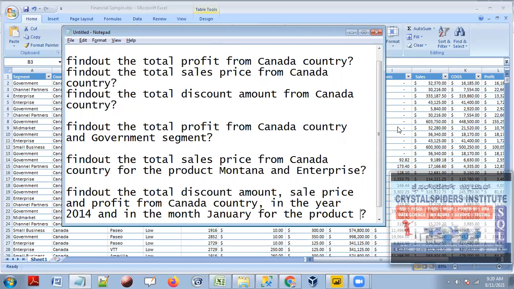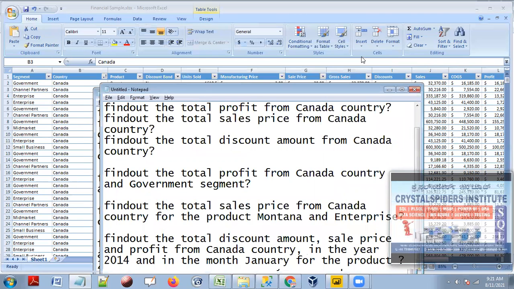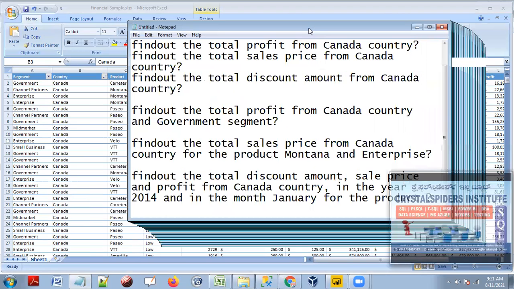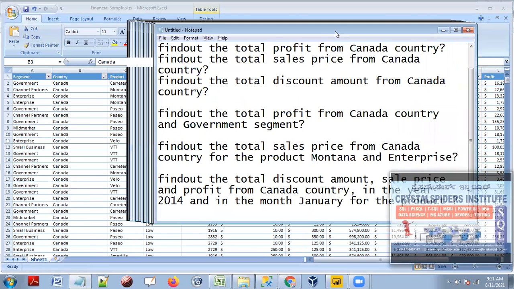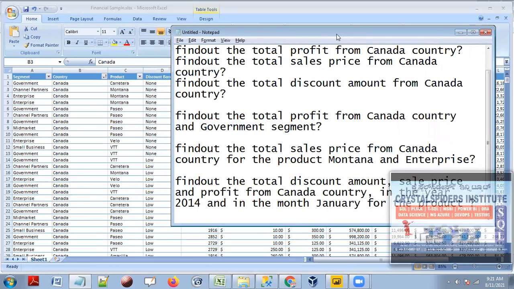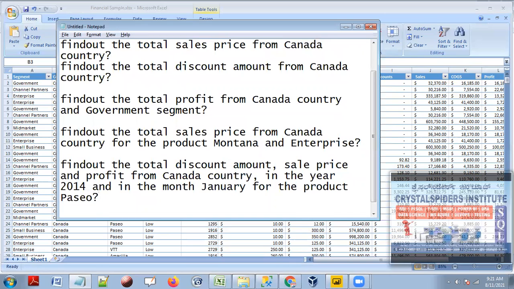See this, guys. I'm going to make this question from this sheet. This is the right practice to do, guys. So for the month of January, for the product, which product? Let's take the product as Paseo. For this, I am going to find out the total discount amount, sale price, and profit.